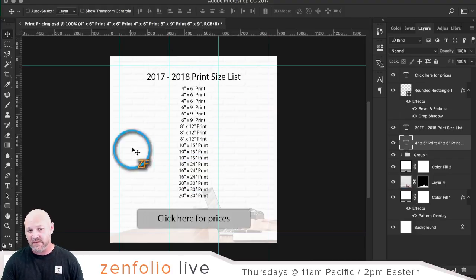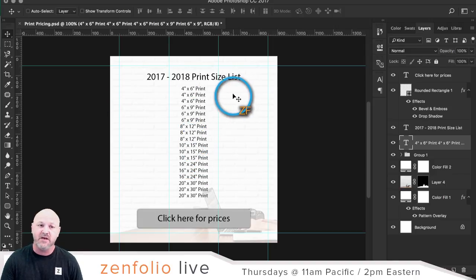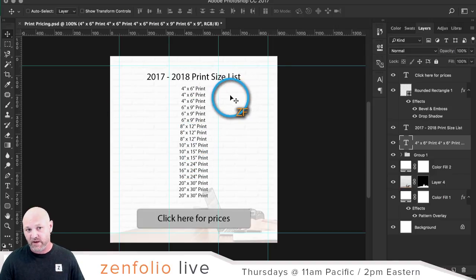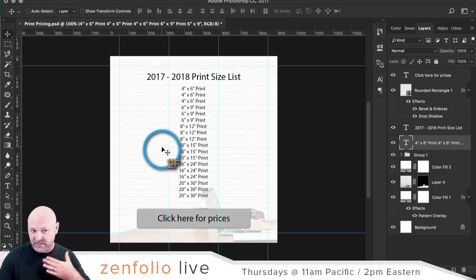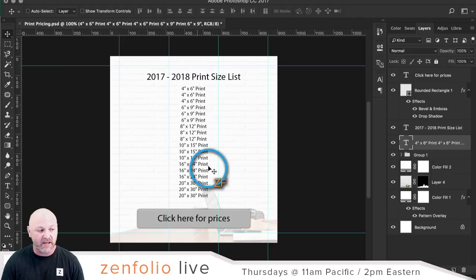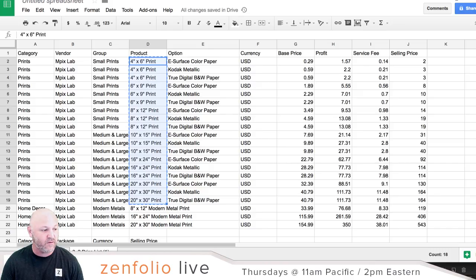So this is how I made these images in Photoshop. I just copied the information from the CSV file, pasted it on there in that image, and then I would export this image as a PNG. Now I've actually already got these images created, so let me get to